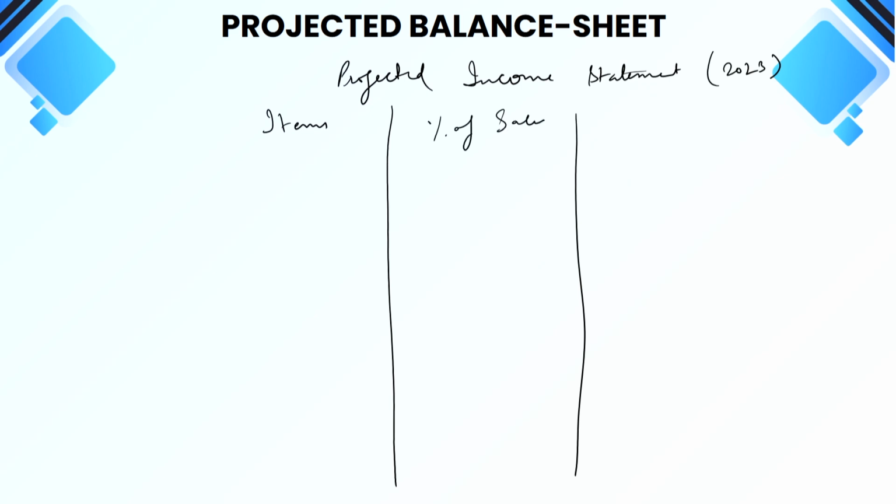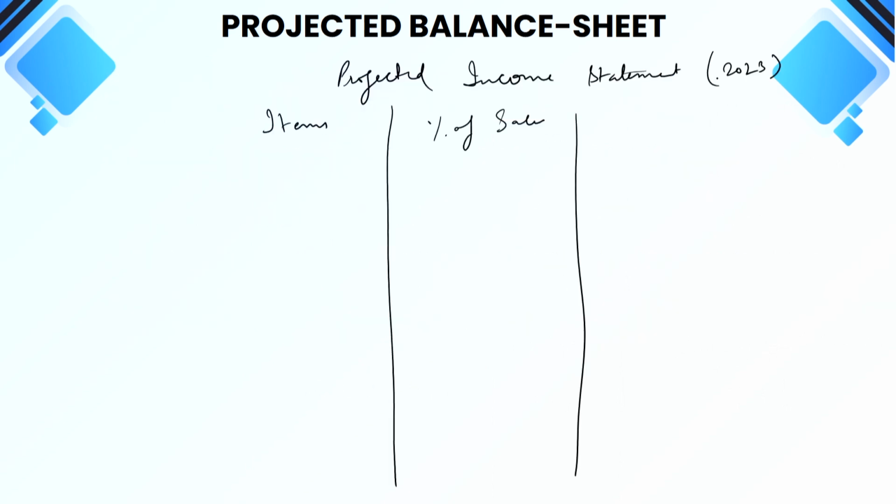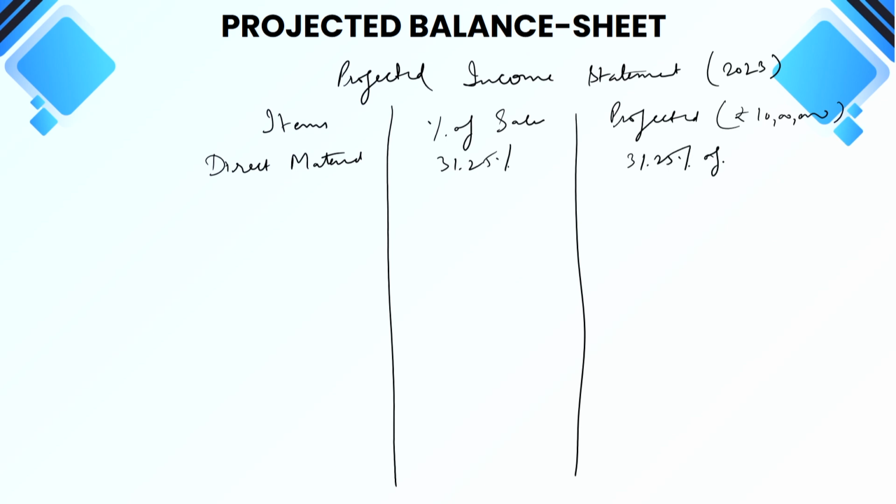You can see in the question that now the sales are expected to be rupees 10 lakh. So here we calculate the projected figure for 2023 where sales are 10 lakh rupees. So computing each item again. First is direct material, 31.25% of 10 lakhs. It comes to